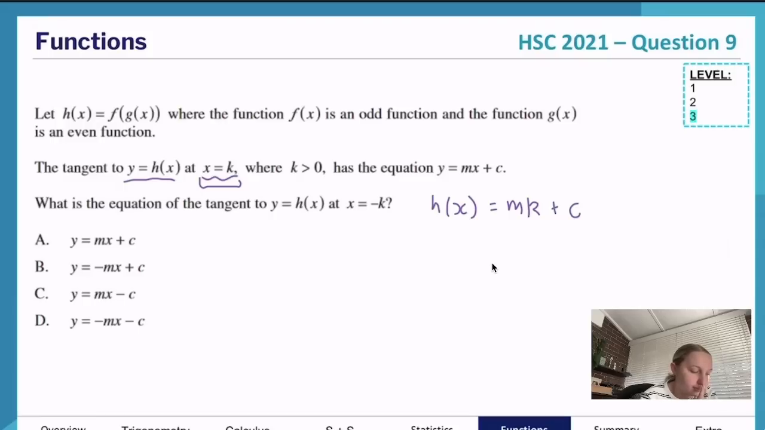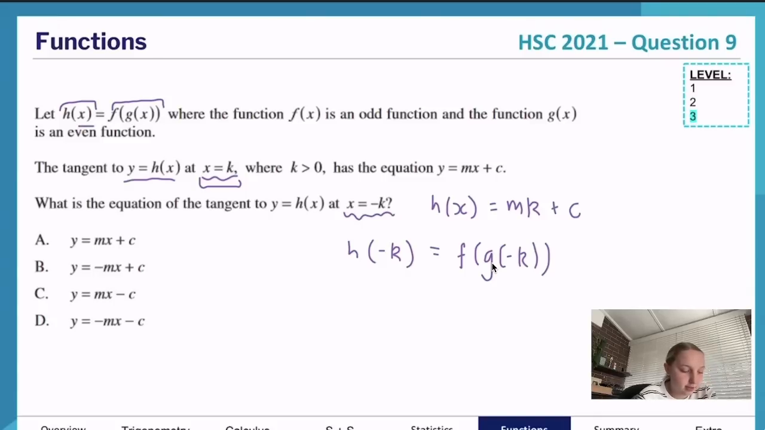Okay, so then if we've got h of negative k, that's going to equal f of g of negative k. Okay, if we can sub in negative k, which is what they've given us here, as our x values that they've given up here, then we can say